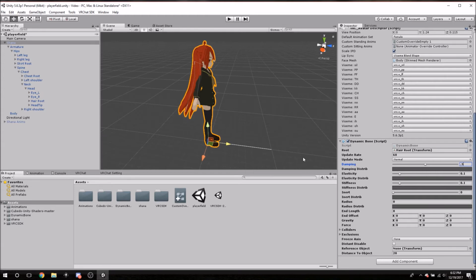So damping is, like I said, how many times or how quick it gets to its original position. Play around with it. It's different for every character. It's different for your hair length. It's different for the size of the object you're trying to add the dynamic bones to. It's different for everything. You can't just go Google, oh, what's a good dynamic bone